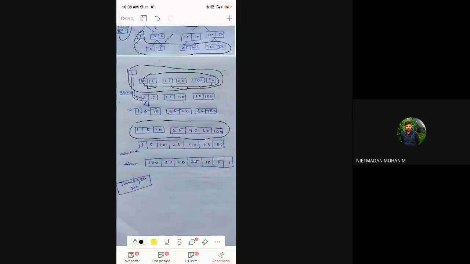You just see here 25 is less than 50, so 25 is written here, and 40 is less than 50, 40 is also written here, and 50 is less than 100, so 50 and 100. This is the sorted part that I have done in ascending order. This is the merge sort that we have done in ascending order. And for the descending order, it is the vice versa of ascending order. This is the sorted part, you can see this. So this is the concept.